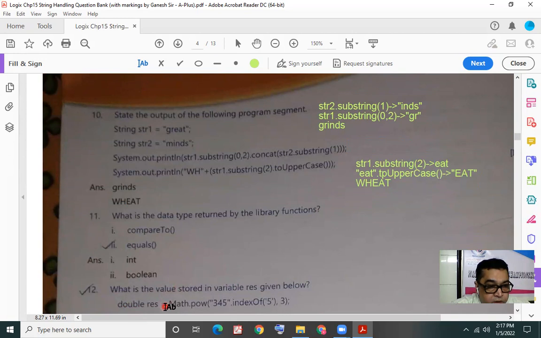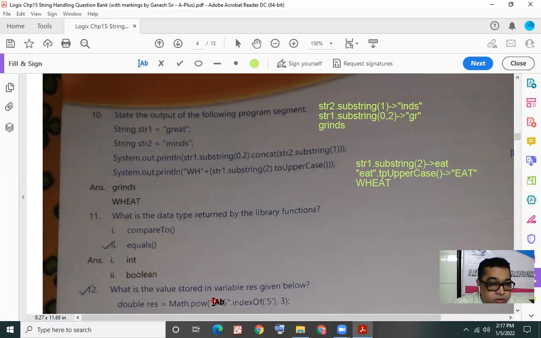After that, we have the assignment operator, and then we have Math.pow. The arguments being given to the pow method are a string "345", put in double quotes, dot indexOf 5.